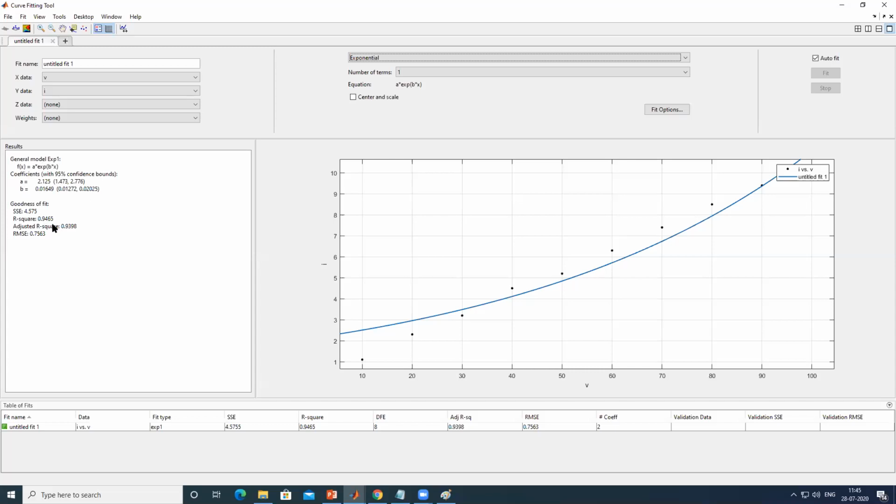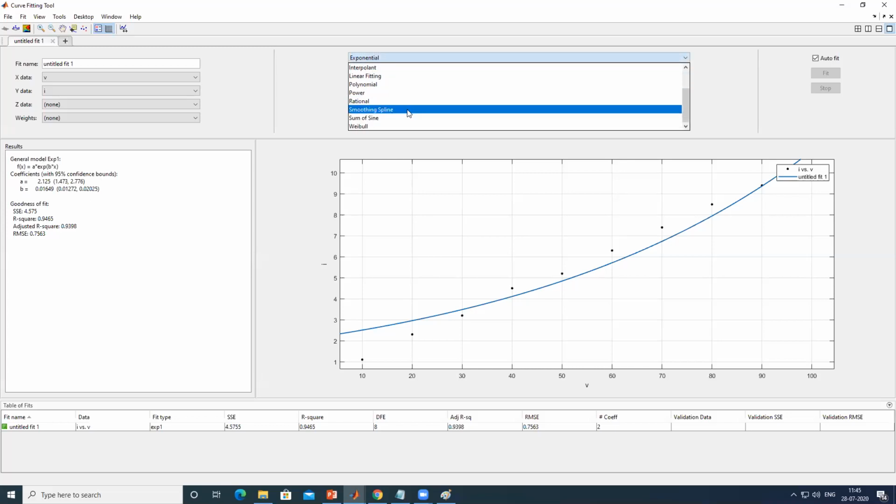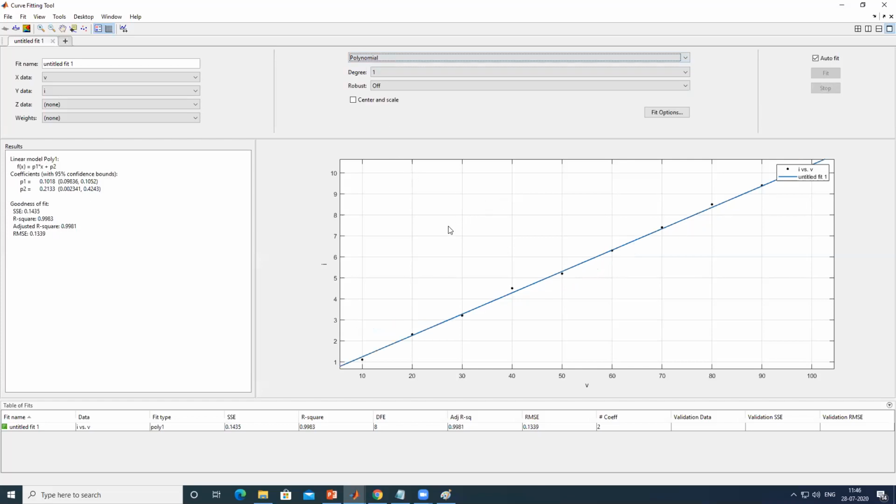Curve fitting, in the backend, does the optimization and finds the best possible curve. Take the same example, the polynomial: there can be an infinite number of straight lines that can possibly fit this experimental data.